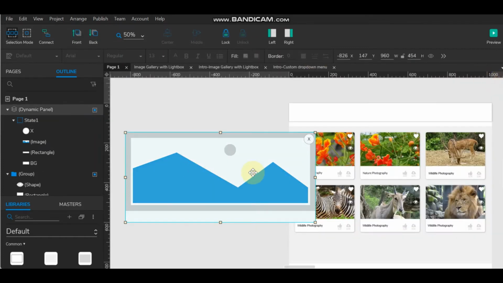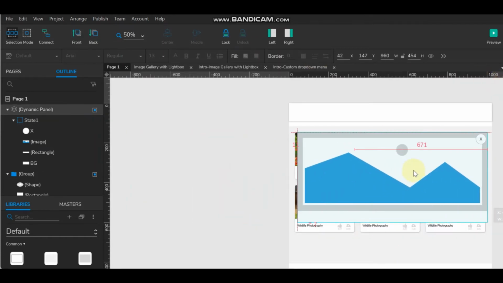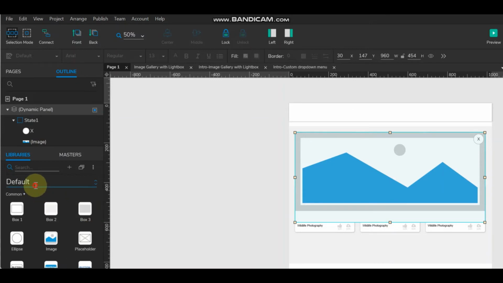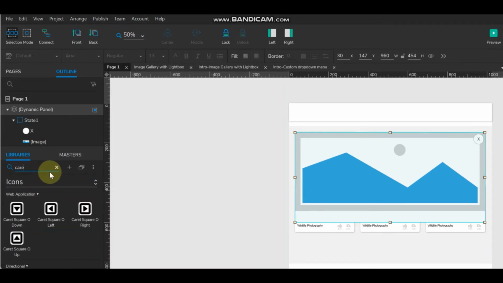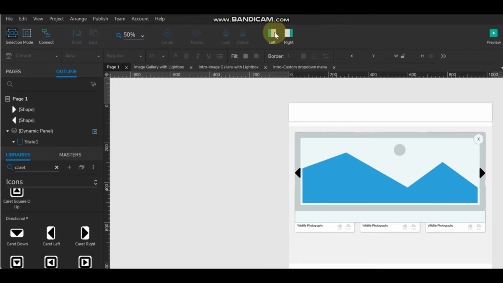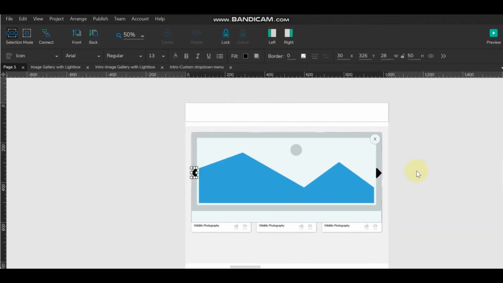So before that, we need the next and previous buttons, we can place here. So from icon we'll take this next and this. So now we have this previous and the next button here,